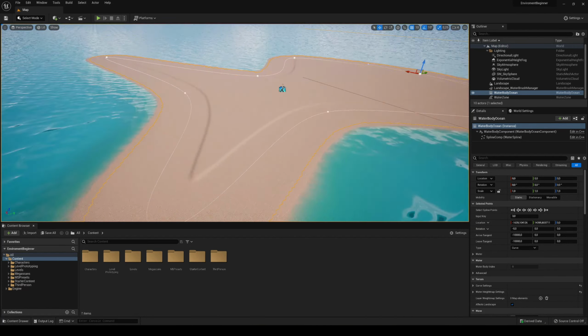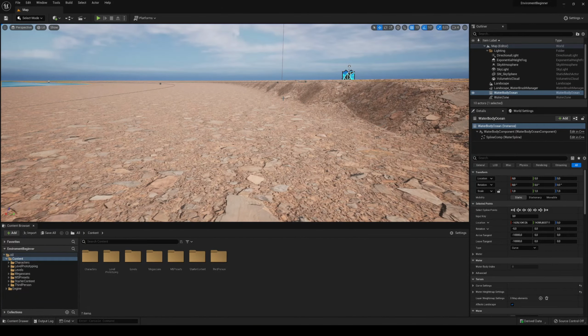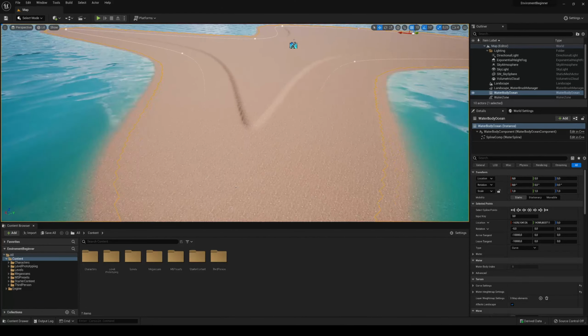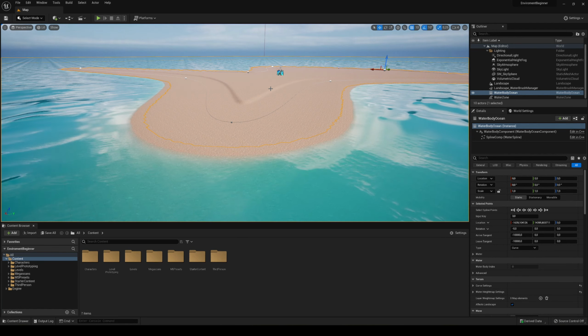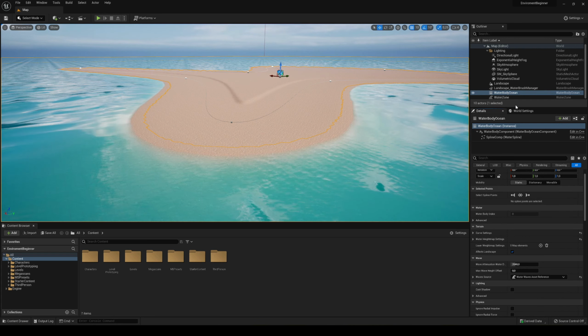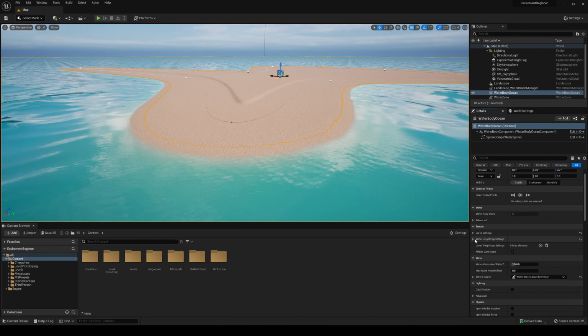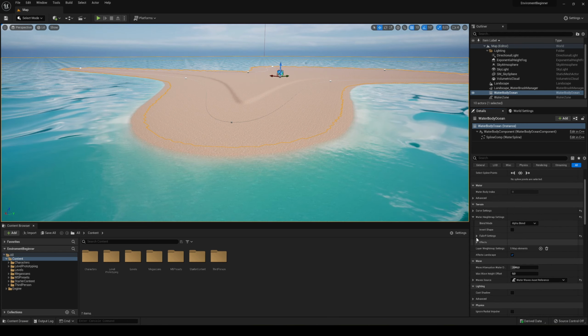But you can see how already it's looking really cool. And of course we are having some differences on the terrain over here, as you can see. Well, this is a very easy fix. So with our water body ocean selected, go into the terrain settings, and in the water height map settings, we're going to see the falloff